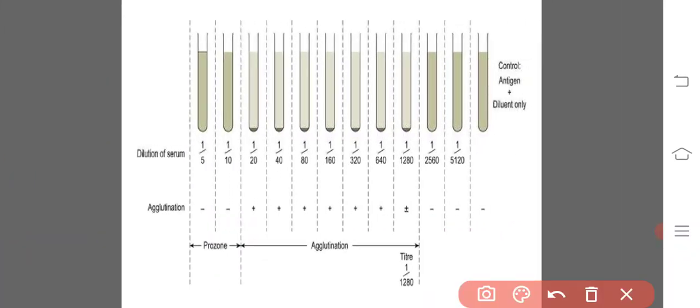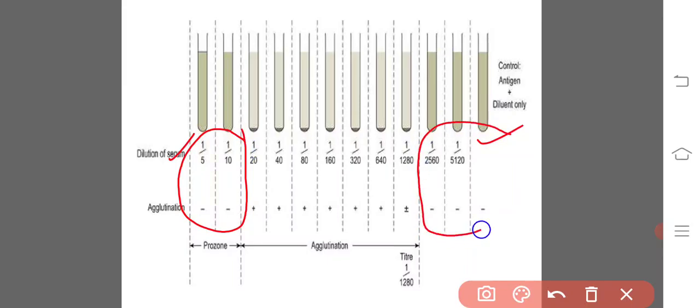Here we can easily explain that. Here also there is a serial dilution method where it starts from 1 is to 5 to 1 is to 5120. So here there is no agglutination in these two test tubes, and here also there is no agglutination at all. In between, there is agglutination from 1 is to 20 to 1 is to 1280. So here there is no agglutination at all. This is known as a prozone, and beyond the titer value, the titer is